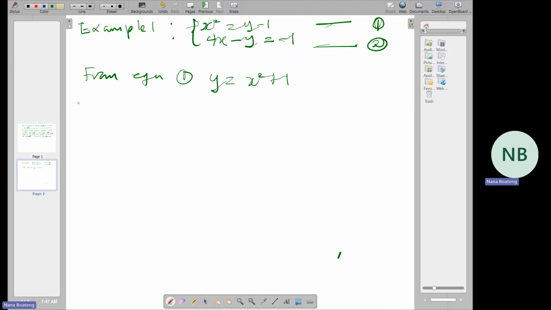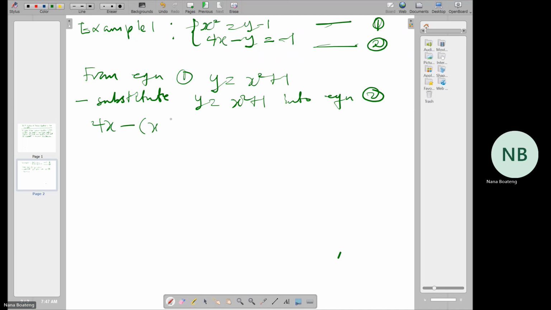So our next step will be to substitute y is equal to x squared plus 1 into equation 2. That becomes 4x minus y, which is 4x minus x squared plus 1,